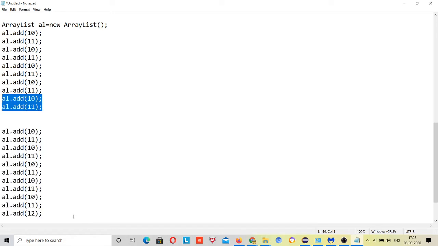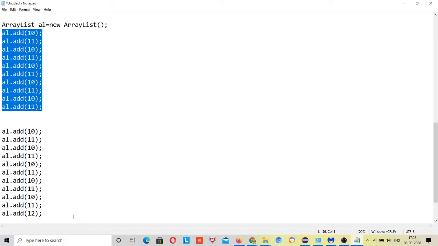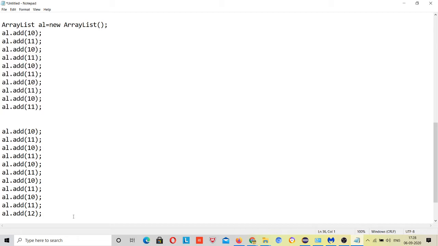Now this previous one will be available for garbage collection, right? So what happens if we have thousands of students available, suppose I already have 1 lakh of students, right? Multiple websites are available online which have lakhs of students, and if any single student is going to be added as a new student, then lakhs of student copies will be created, and then the new one will be added to the new array list, and then the previous array list will be available for garbage collection. So this will slow down your execution process, and performance wise this will not be good, right?